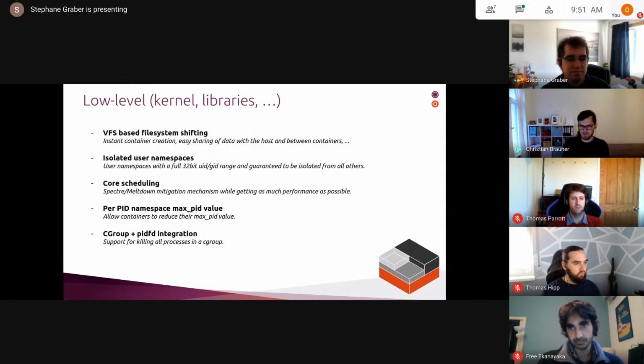So the container user can't actually write to the directory or the file system that you've exposed, because the UIDs and GIDs don't match up, and because the user namespace that the container is in does not have any privileges with respect to the host. So this is really a big problem. And most of our users want to share directories. You want to share your home directory, you want to share a data directory, downloads, whatever it is. For example, we are running on Chrome OS, and Chrome OS integrates your download folder from within your container on the host. That gets tricky when you cannot actually write to the download directory.